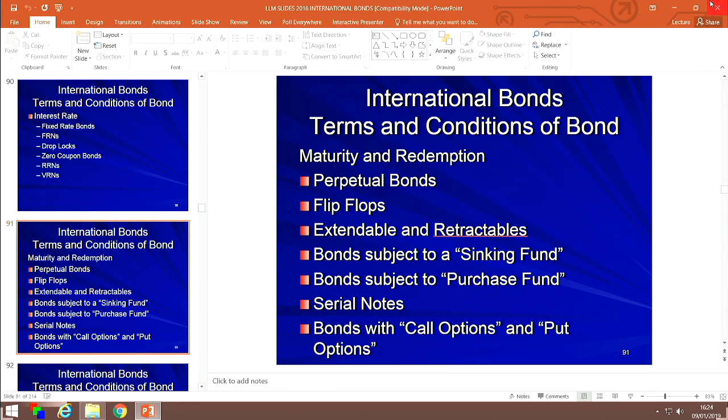If a bond contains a retractability clause, it means that the issuer has a right to bring forward the redemption date up to a maximum of 2 years or 3 years or whatever the number is. So if you've got a redemption date of 2040 and you've got a retractable provision in the bond instrument, it will provide that the issuer may redeem the bonds by shortening the life period of the bonds from 2040 to 2035.